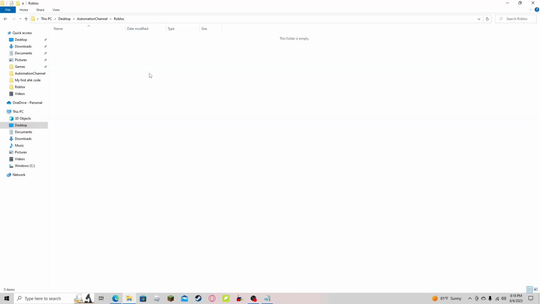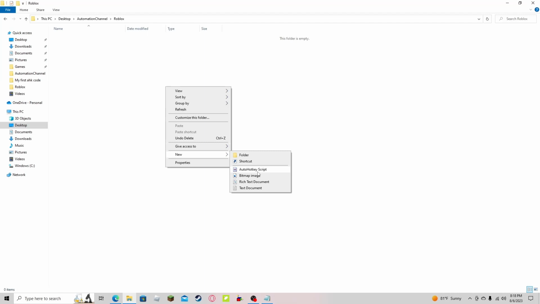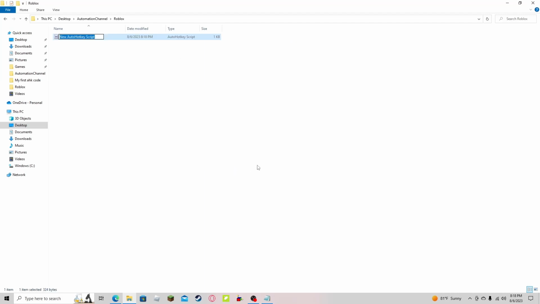Today I'm going to teach you how you can automate Roblox. So basically it's just an anti-AFK and also automatic typing. So first off, we're going to start off with the anti-AFK because, well, I know a lot of you came here to learn that. So I'm going to name this